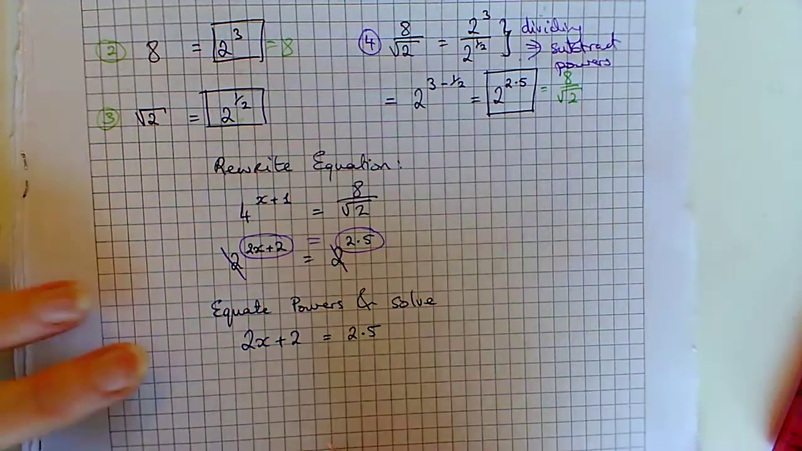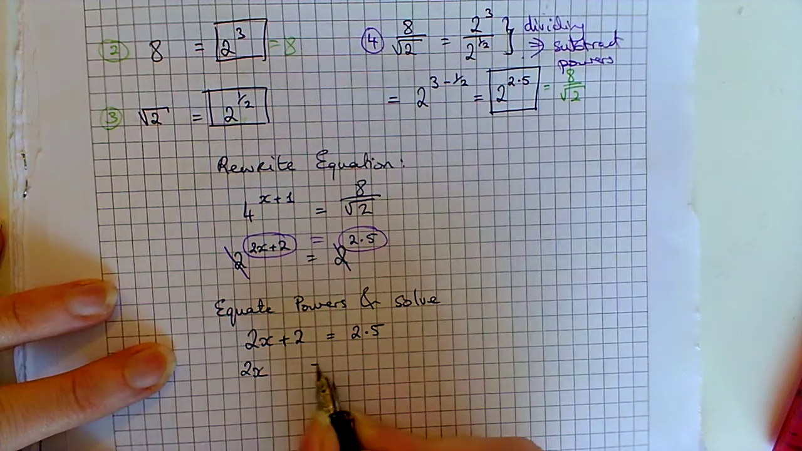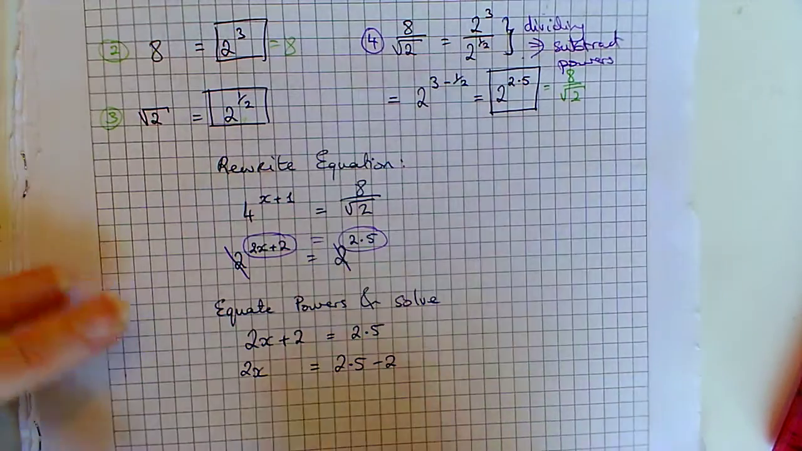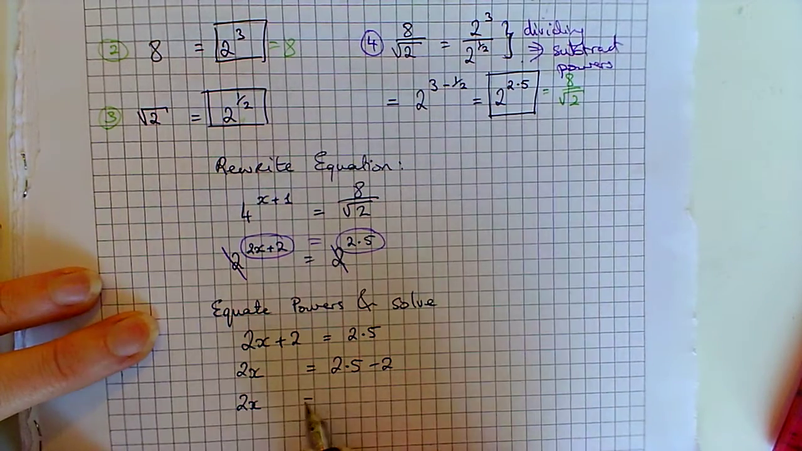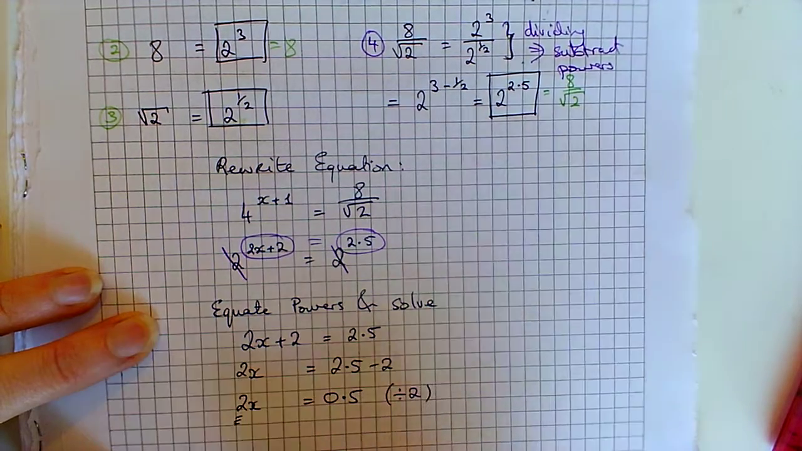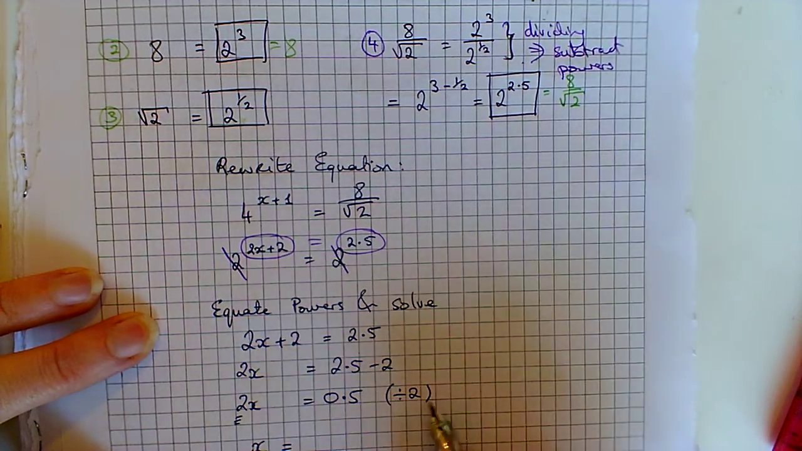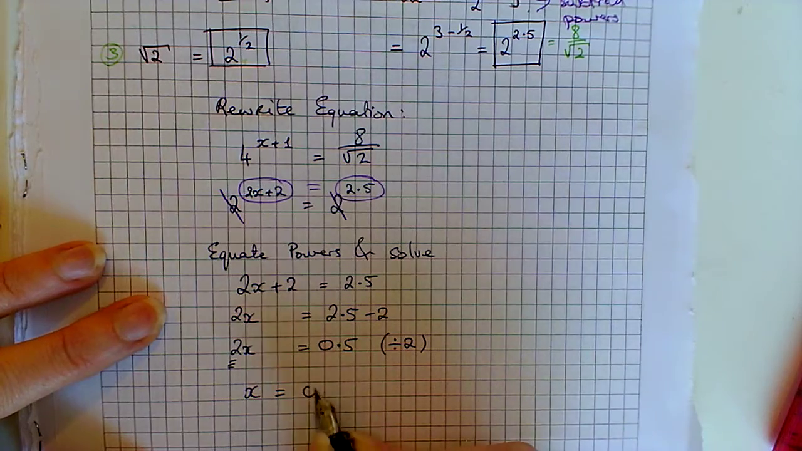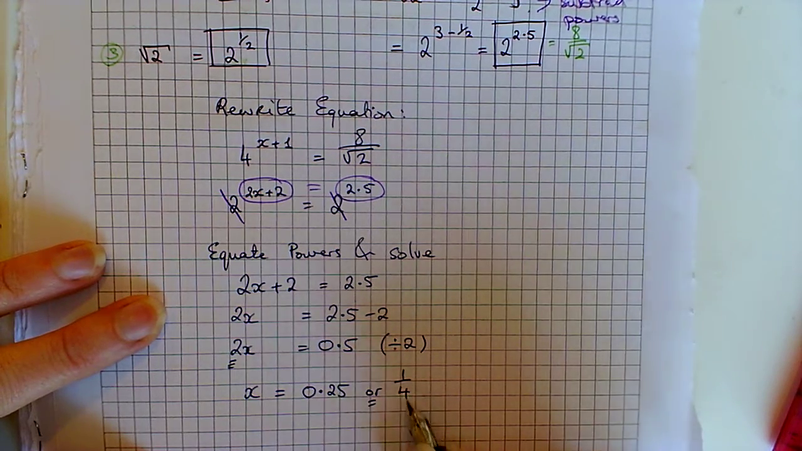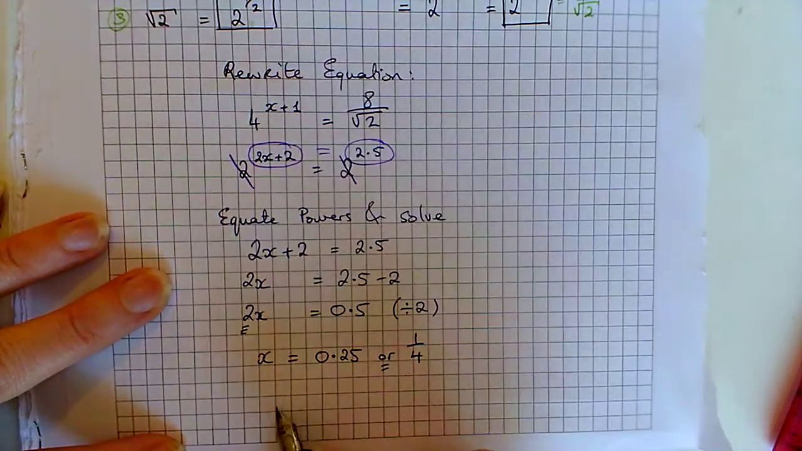And I'm solving like normal, letters left, numbers right. And when you change sides, you change signs. So I move the 2 over and subtract it. 2x is equal to 0.5. And then I divide across by the coefficient to get the value of x. x is 0.5 divided by 2, which is 0.25, or a quarter, if you were writing it as a fraction,